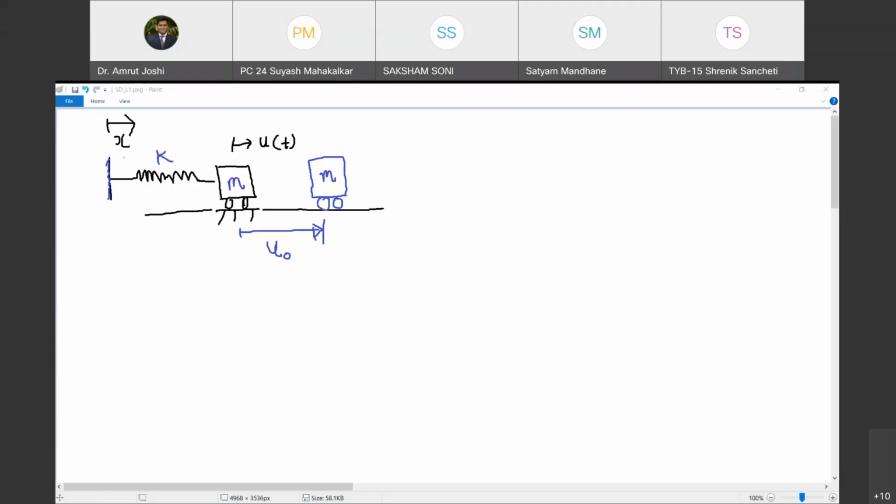Yes, so it is basically the unit of force divided by unit of length. So agreed, it can be Newton per meter, it can be Newton per mm, it can be kilonewton per meter, and so on and so forth, whatever it is. It is unit of force divided by unit of length.